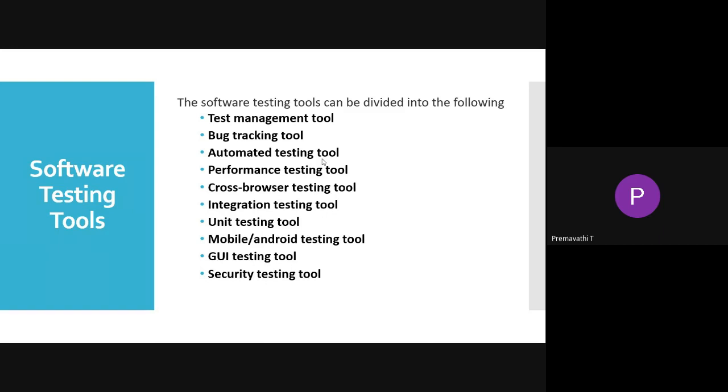Then mobile or Android testing tool, GUI testing tool, and security testing tool. These are all the tools according to their areas. We have to use these kinds of tools in software testing.